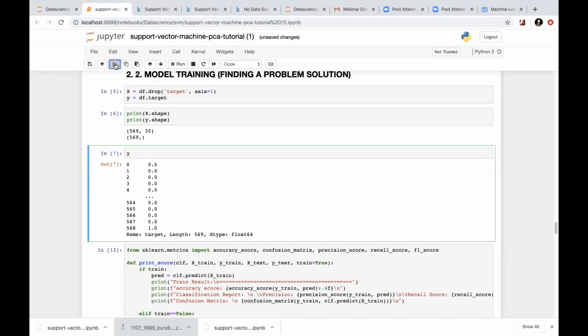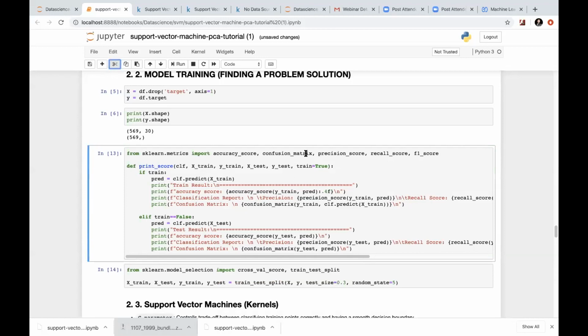So now I am importing a few things here for the metrics part: accuracy score, confusion matrix. So we are primarily going to discuss accuracy score and confusion matrix. And if we discuss confusion matrix, that would have covered precision score and recall score. But primarily my focus would be on the accuracy and the confusion matrix to evaluate what kind of model we have created and how it is performing on our data set.